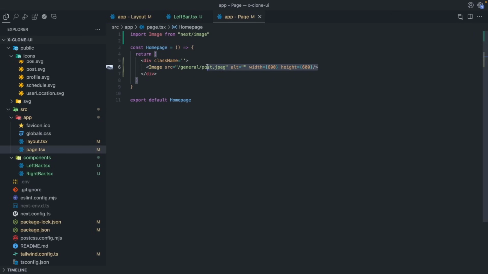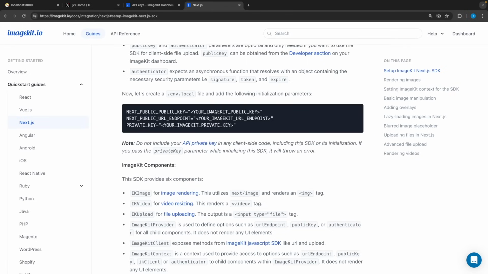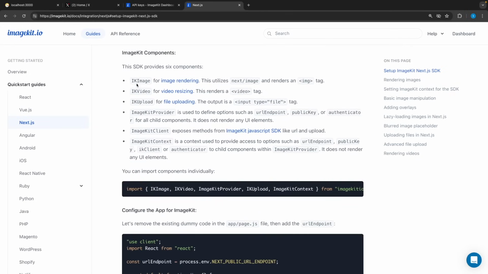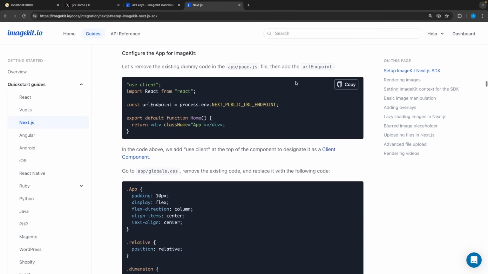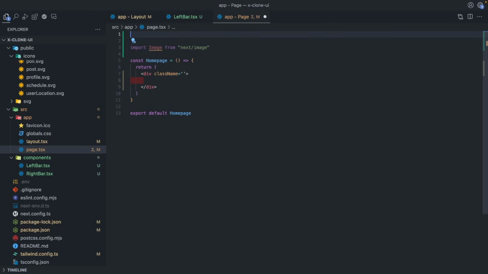After that, instead of this image, we are gonna be using ImageKit component. Let's open our documentation. We are gonna be using this image component and it's gonna render an image tag. And using this component, we'll be able to transform our images. Let's see how to do that. Firstly, I'm gonna get my URL endpoint. And don't forget, if you are using this image component, your parent component should be a client component. Of course, in the homepage, we are not gonna be using client component, but for now, for the test purpose, let's write here, use client,